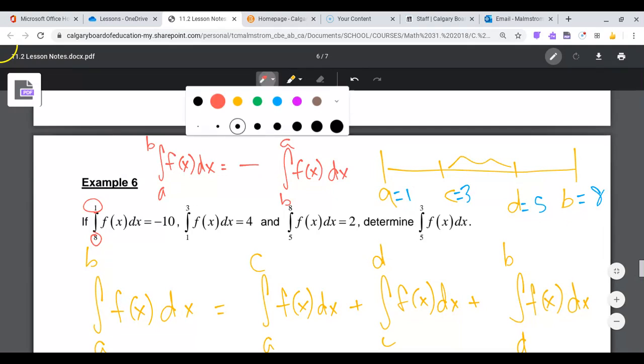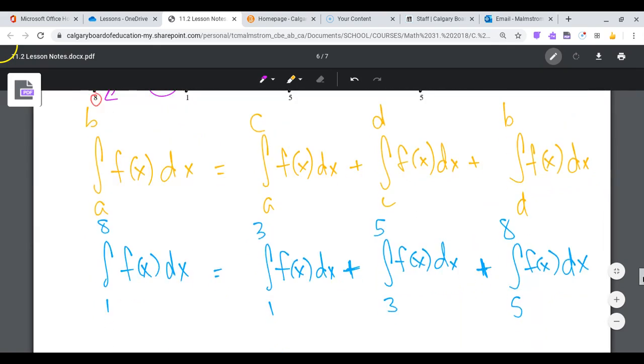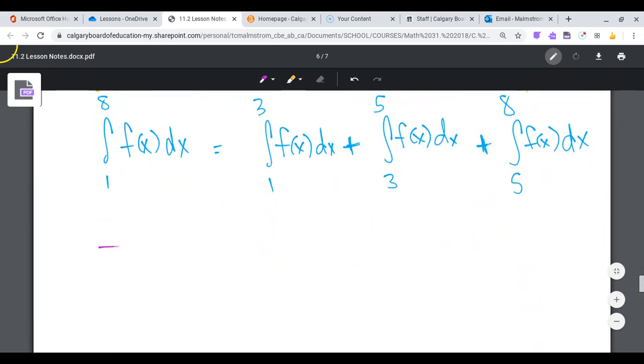So this negative piece is what I'm going to need to use here, on the negative 10 in order to get my 8 and 1 to be in the right direction. So this will be negative of the negative 10 value in order to get it to go from 1 to 8